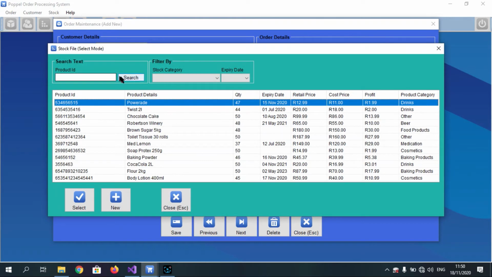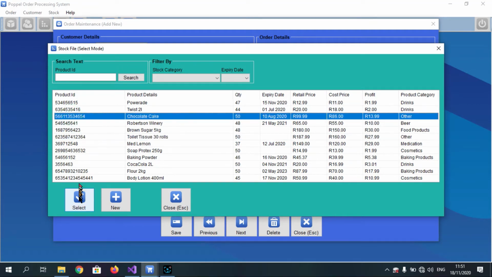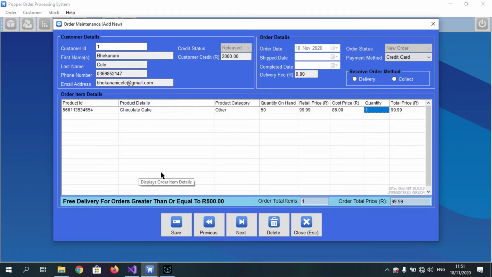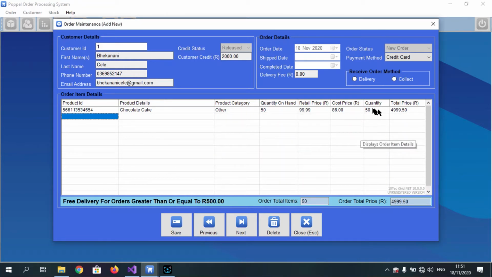You can add product items, right? As you can see, there's no product ID that is 25. You can select any that you want. Once you've selected, you can add the product quantity that you want to buy, right? In this case, if it is more than 50, it's going to realize that and complain, and then you can say okay, and it's going to adjust back to